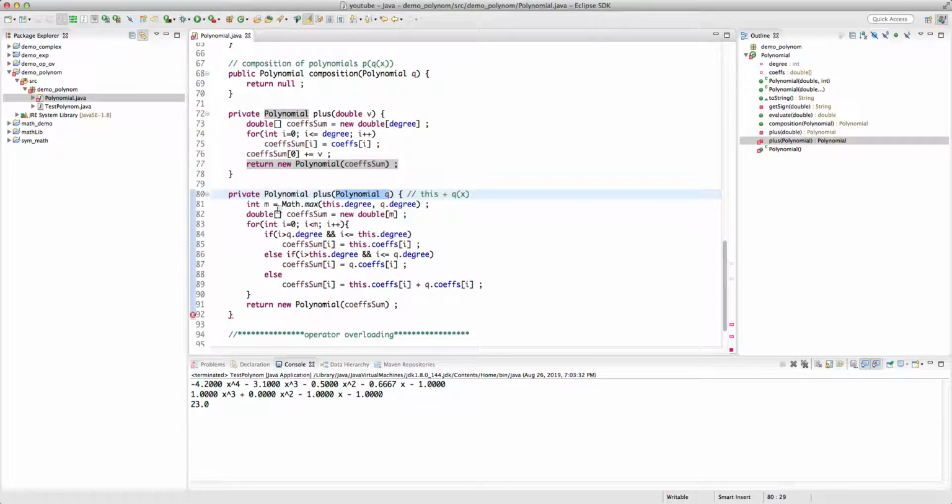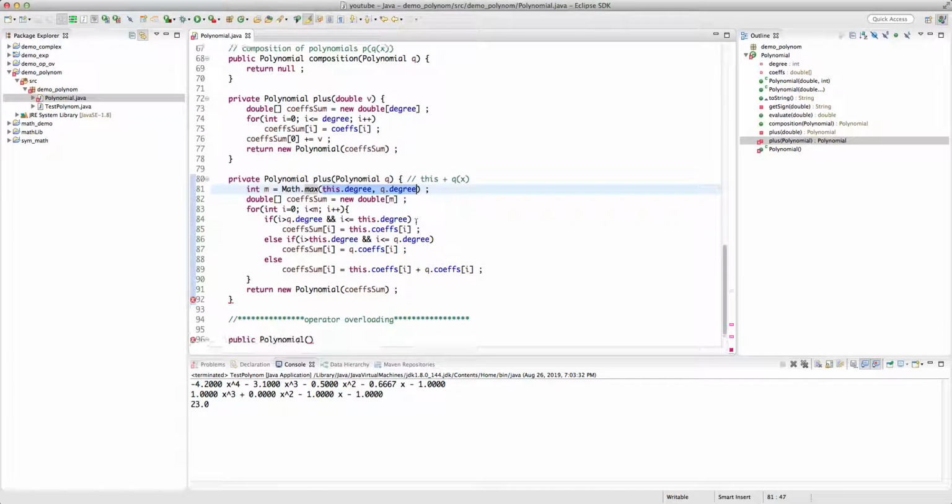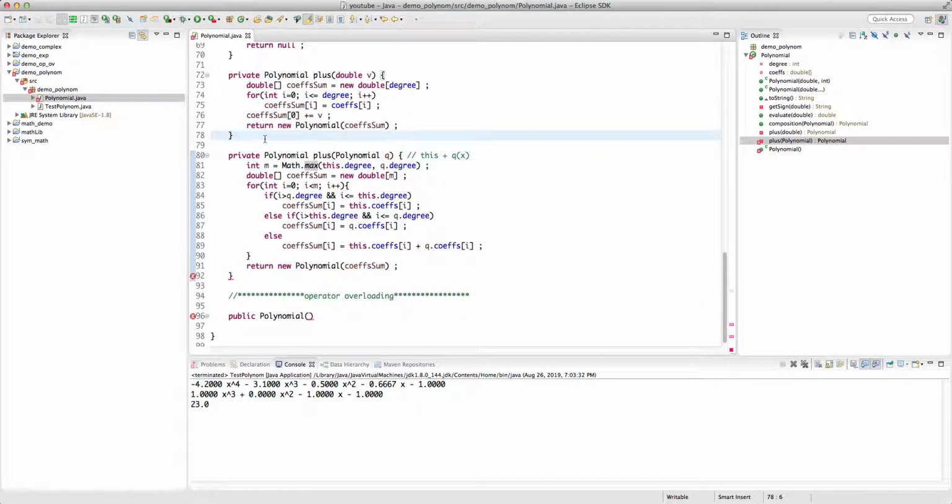If it's polynomial, then we have to first figure out what the relation of the degrees are. The degree of the sum in general could be the maximum of the degree of the two polynomials, and then if we are adding term by term, depending on if the index of the term is greater than the degree of one of the polynomials, or is less than the degree of both, then we have to figure out how to sum the terms. Okay,